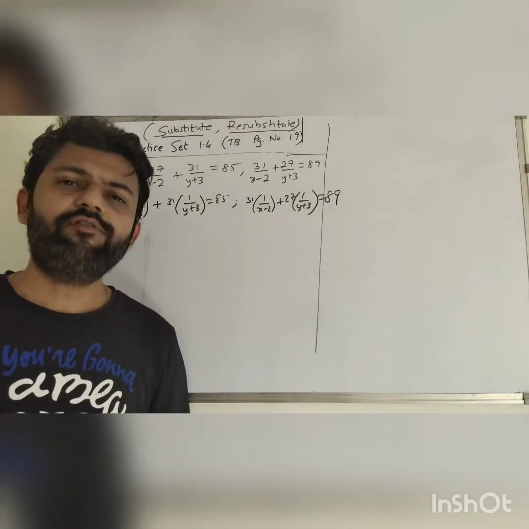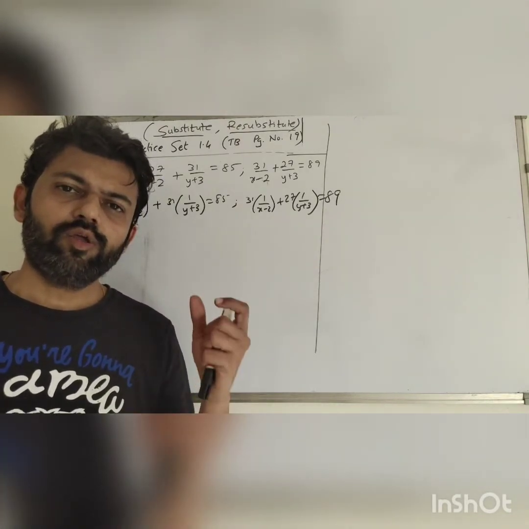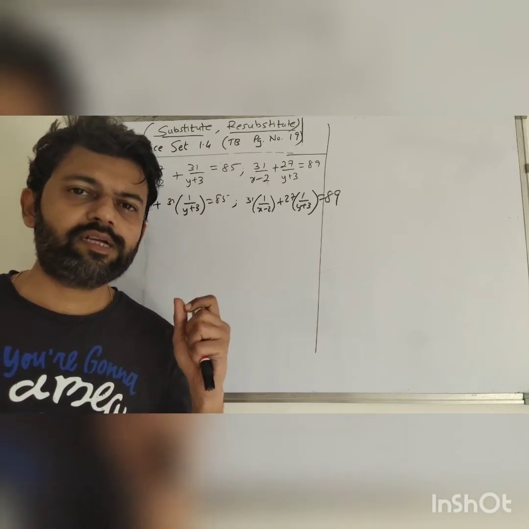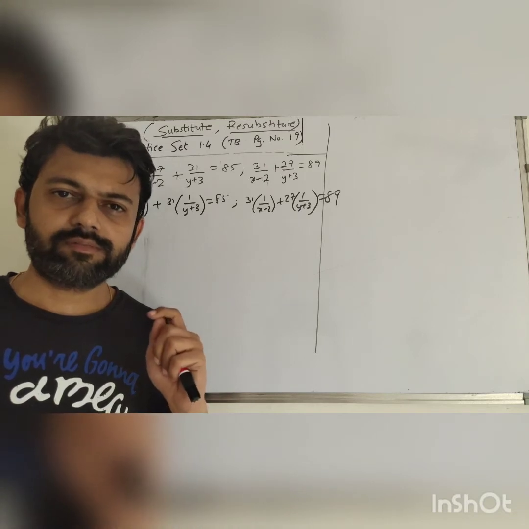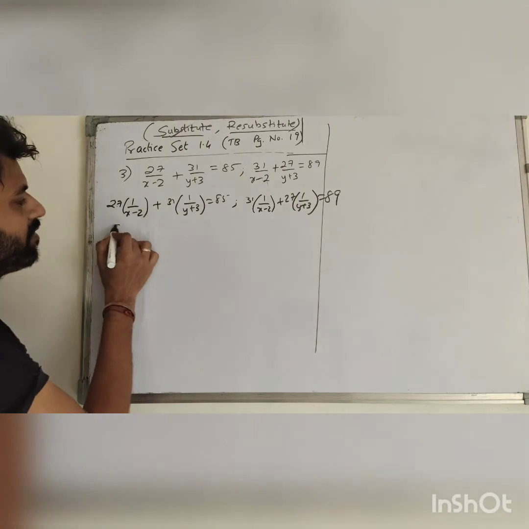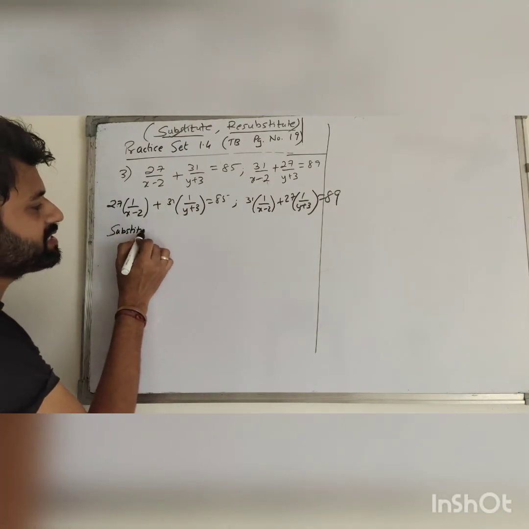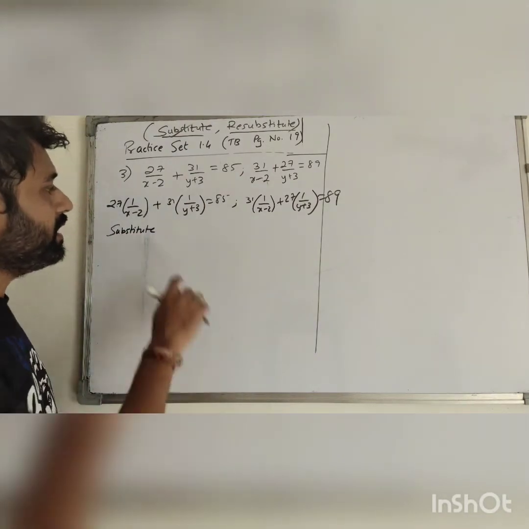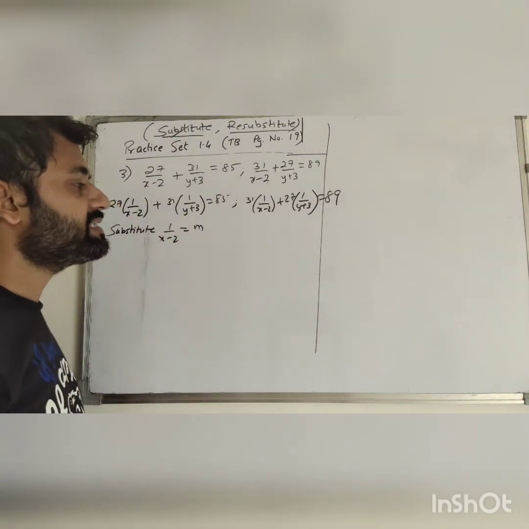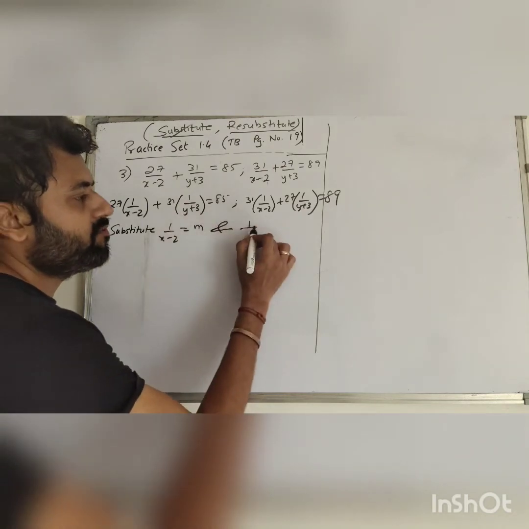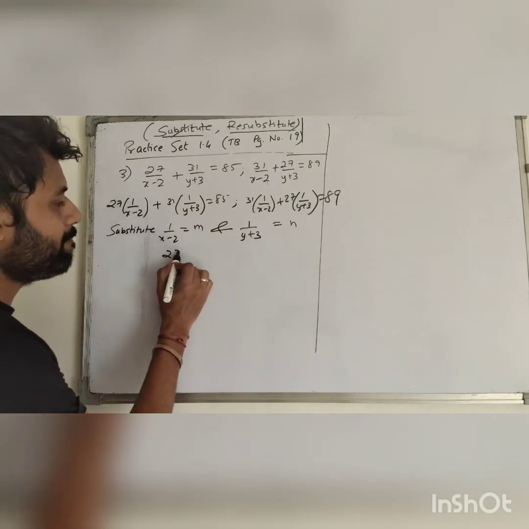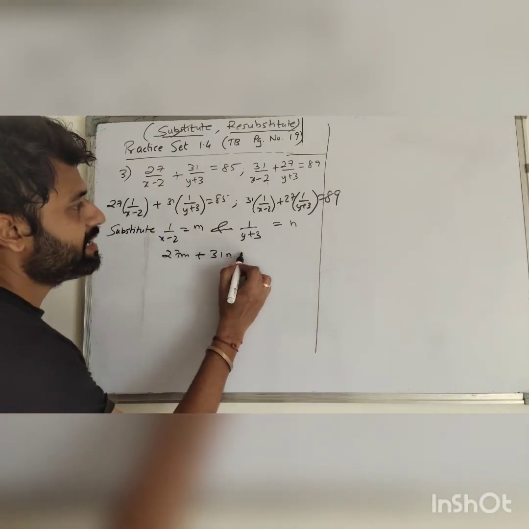Whenever in an equation you see a term, an expression, coming 2 times or more than 1 time, then always you have to think of the word substitute. Here 1 upon x minus 2 has come 2 times. I am substituting and writing it as m. 1 upon y plus 3 will be written as n, and so I get 27m plus 31n is equal to